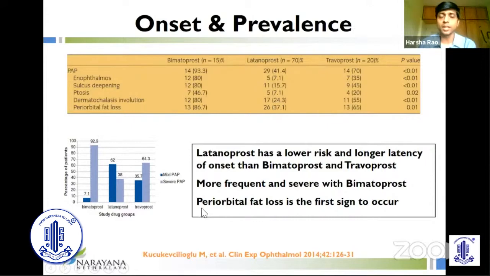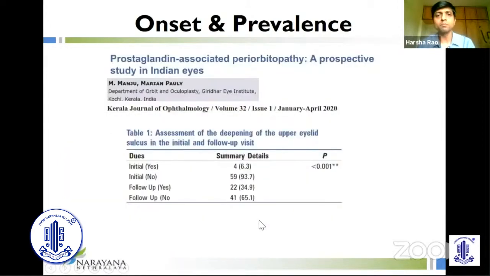Also, this study found that severe PAP essentially referred to DUEs, while mild PAP referred to the fat atrophy, things like that. So severe PAP, once again, was more common with bimatoprost compared to latanoprost and travoprost. The first PAP sign which was noticed was, in fact, periorbital fat loss. Very interestingly,